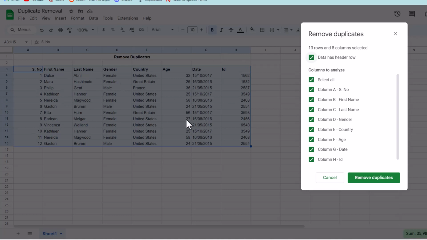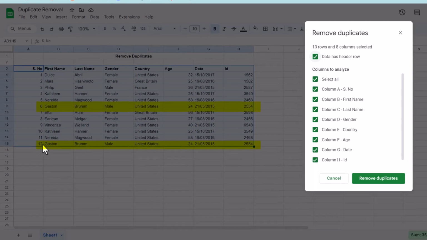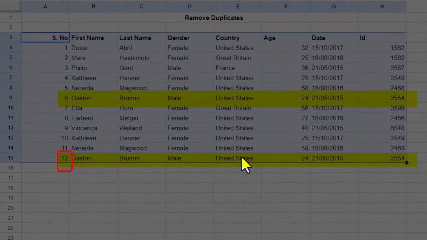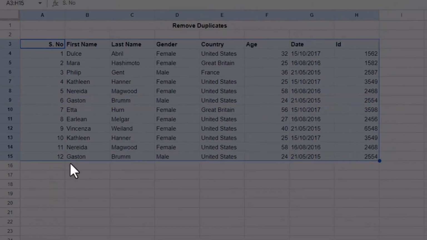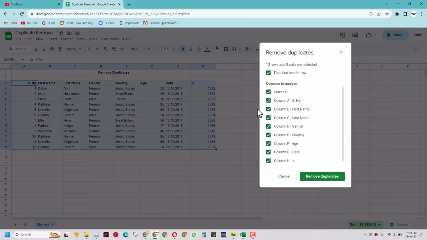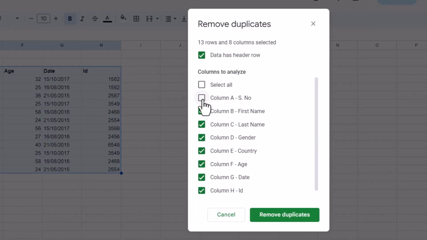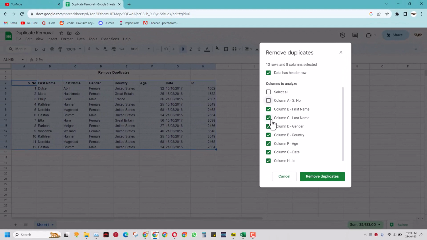And I've got all these columns, and in this case, for example, this serial number 12 actually matches this serial number 6. But what's the issue? The issue is the serial number. The serial number is not matching, so the entire row cannot be a duplicate of this entire row. For that, we have to remove the serial number column from here, and when we do that, what we will get now is